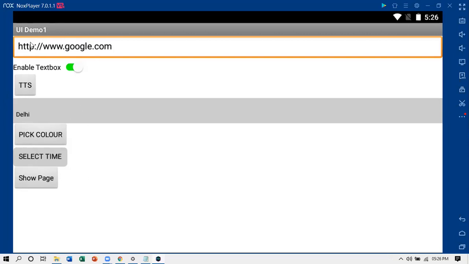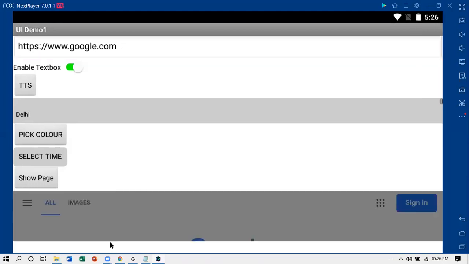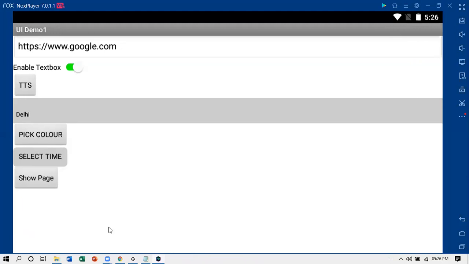Now I have typed the URL here, HTTPS it should be, and I click on show page. If you remember, a web viewer component was added. I click on show page. I have programmed it so that show page reads this URL and this URL is shown here. See, the Google interface has come. It's not visible completely, but it is here. So the given URL has come here.